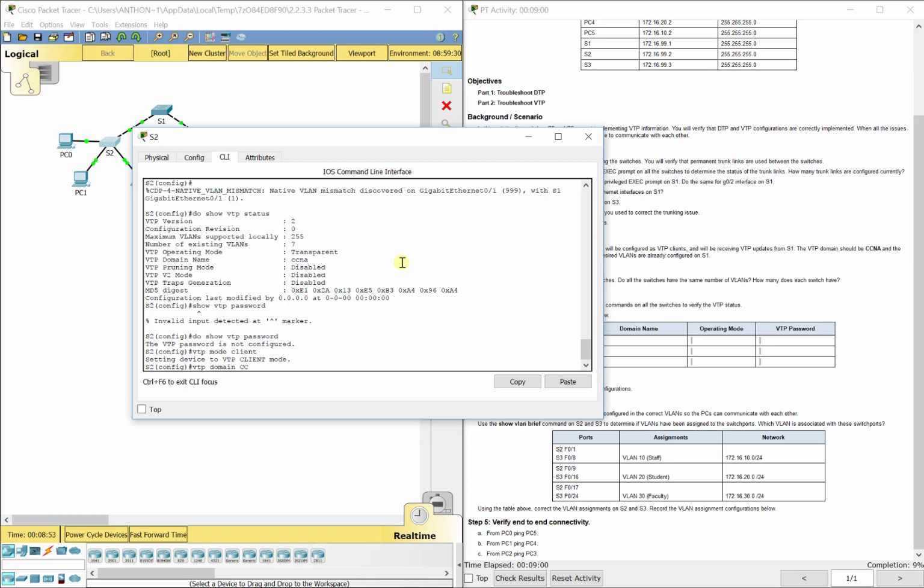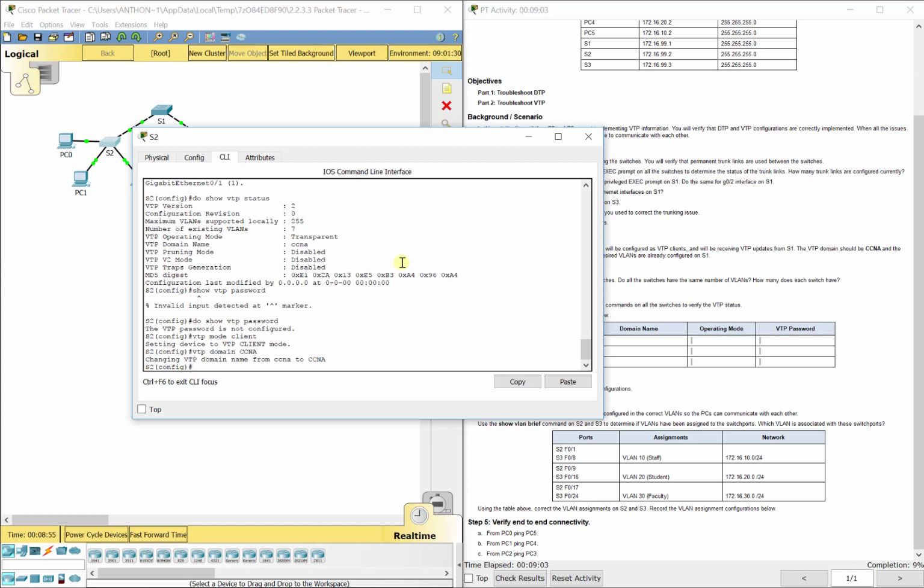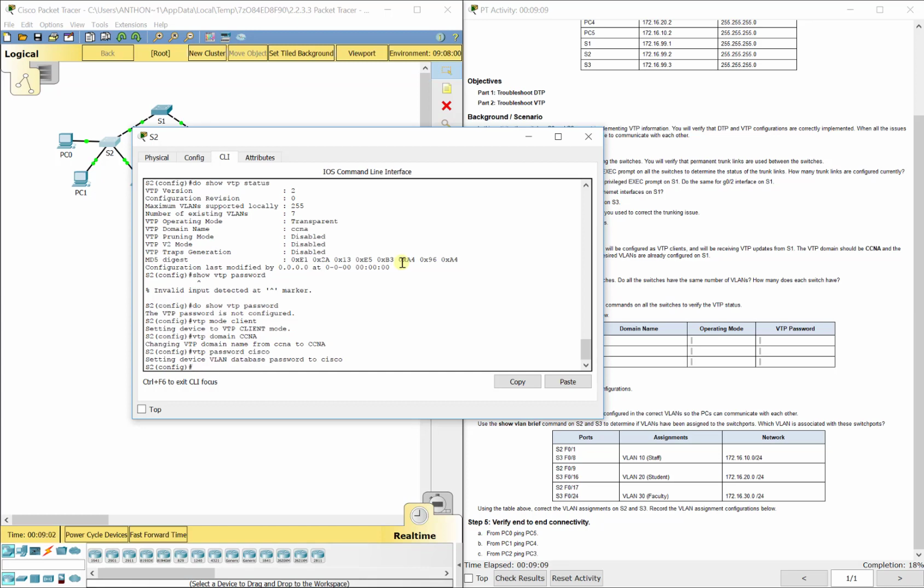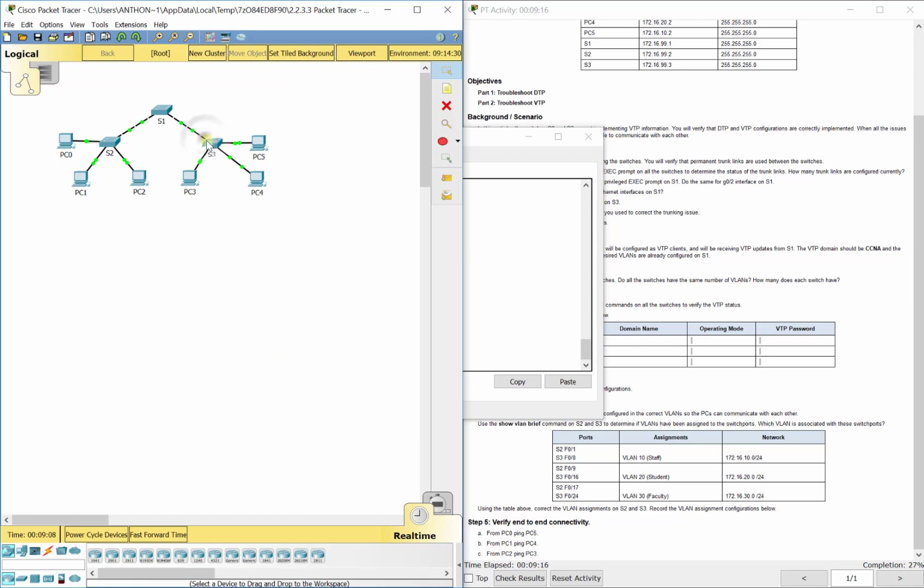So VTP mode client, VTP domain CCNA. It has to be in the same domain even as the server, and it must have that password the same. If it doesn't, even though it's a client, it's not going to receive it. So we configured all that on S2. And then S3,